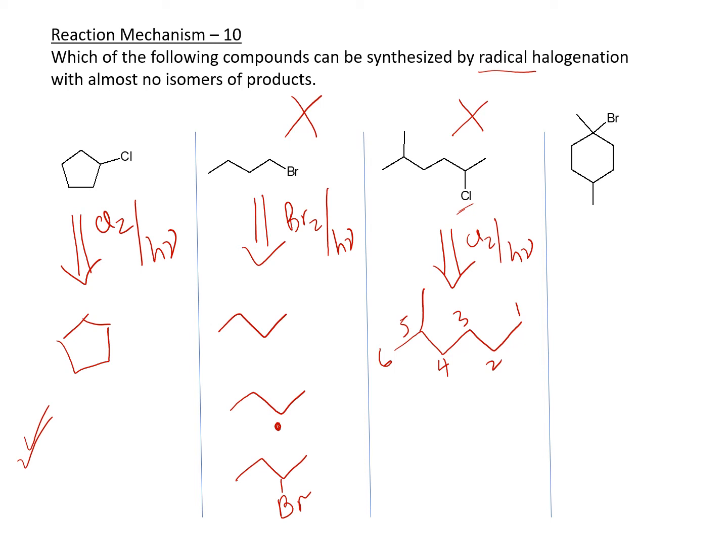All right, let's look at the last one. In the case of the last one, we actually have this kind of skeleton, a cyclohexane, dimethyl cyclohexane, and in this case the bromine is going to one of the tertiary carbons. So on this carbon right here, and if this is the carbon that it's going to,